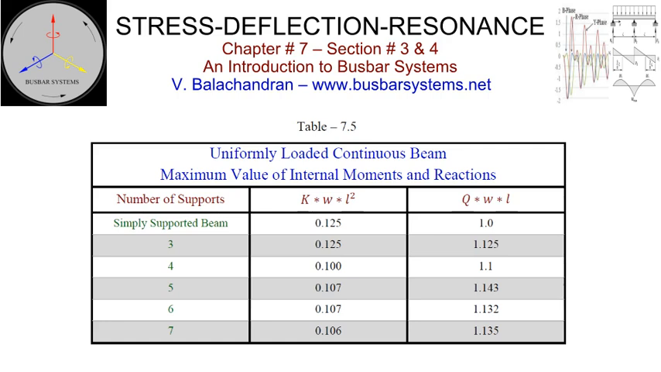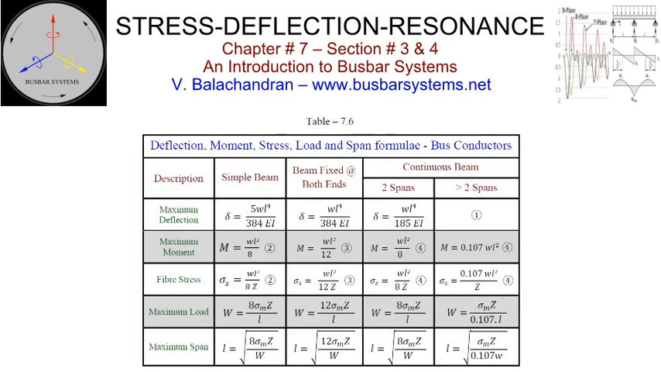The maximum internal moment and reaction force occurs when the beam is supported on 3 insulators. The reactions and bending moments are detailed in Table 7.5. For a beam that is supported at either end and with uniformly distributed load, the formulae detailed in Table 7.6 are applicable. It may be noted that: